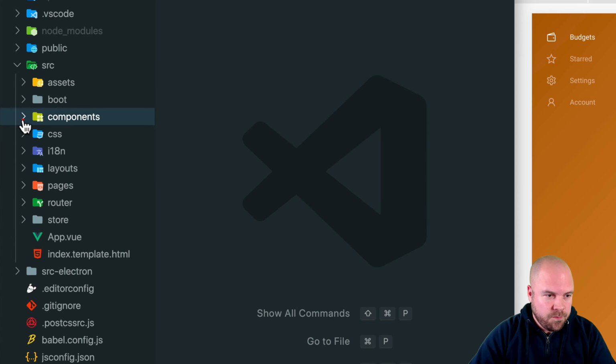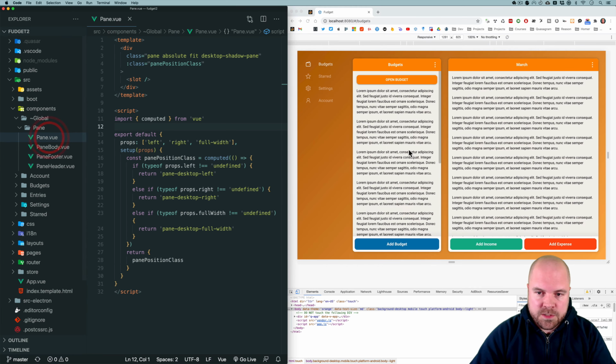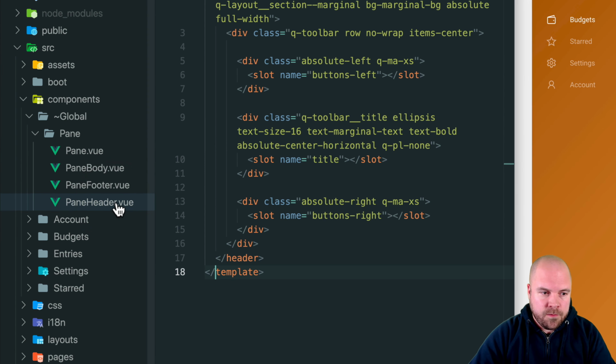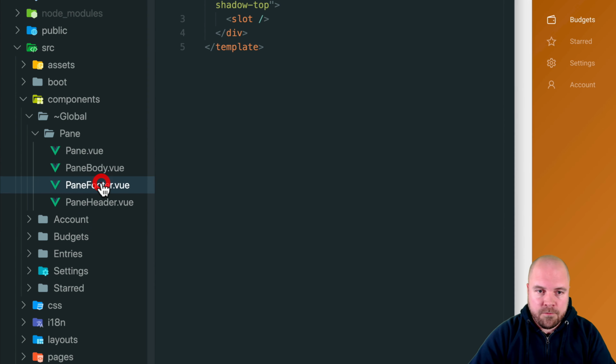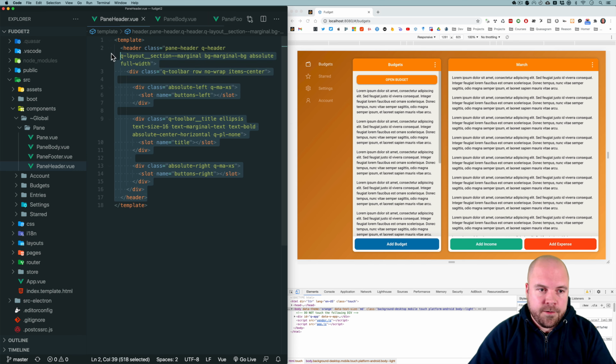If I go to components and global and pane, so we have pane.view, which is the main pane component. And then we have the pane header component, the pane body component, and the pane footer component. So if I jump to this pane header.view component, we don't actually have a Q header component in here